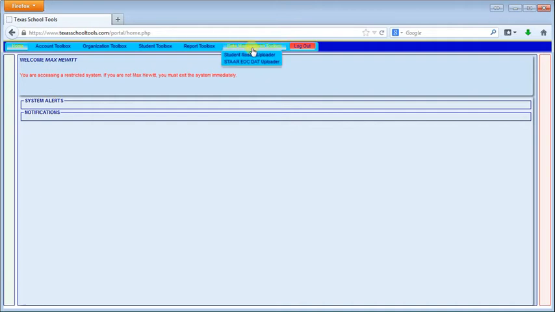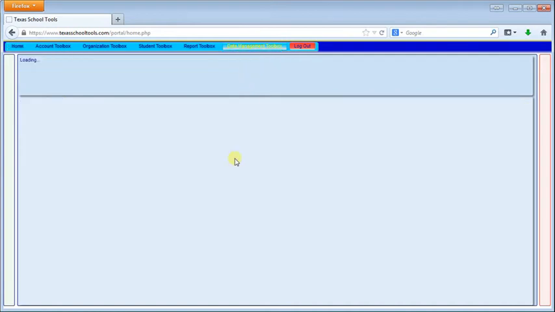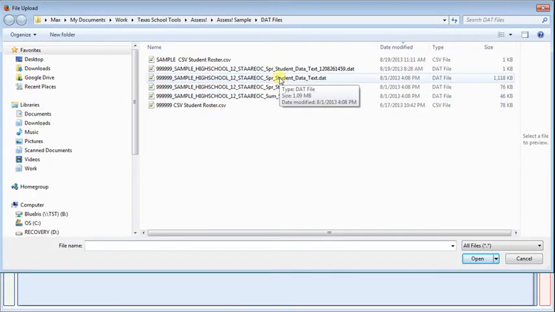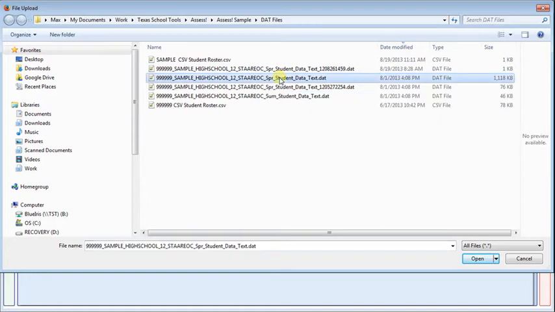To continue, I will access our data management toolbox and choose the STAAR EOC DAT uploader. Then I will choose the Browse button and browse to the data file that I would like to import. In this case, we'll import our Spring of 2012 data file, which is our largest file. I'll select the file and click Open,